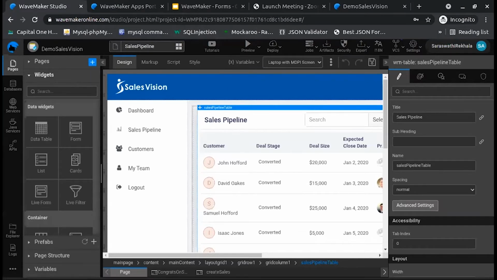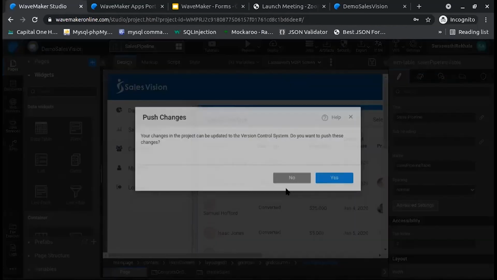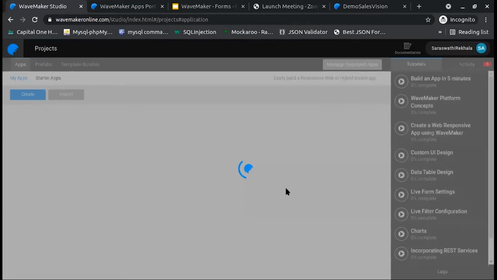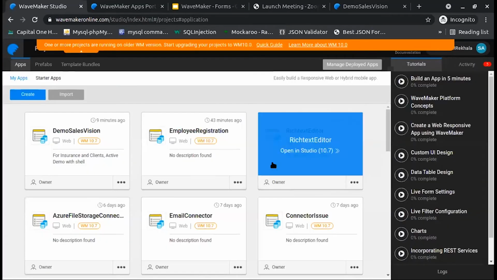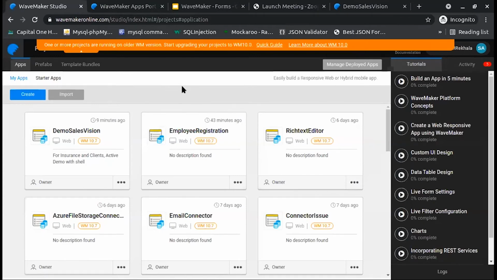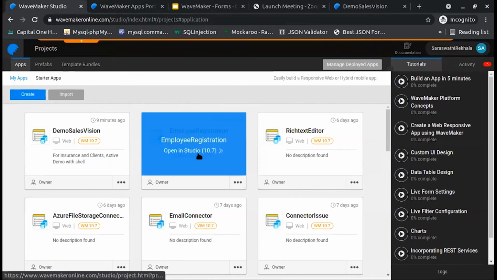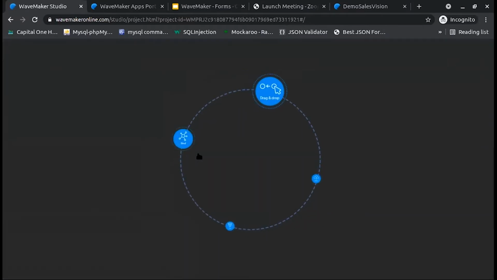Right now, we'll limelight more on forms: what forms are, how to deal with forms, how to submit data to the server using forms, and customizations on form elements. Now let me open some other application. This is an employee registration application designed for an organization, where an employee will enter his details when joining the organization. So let's get into the application.